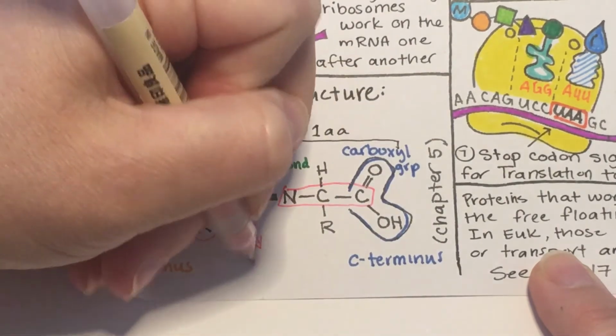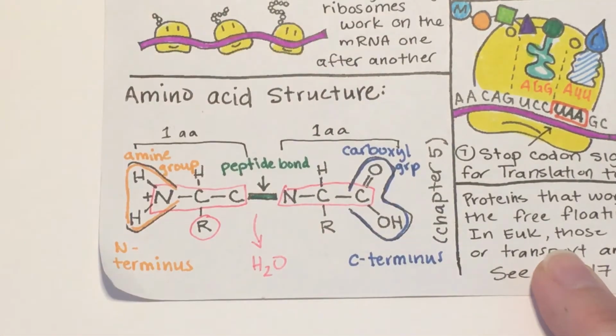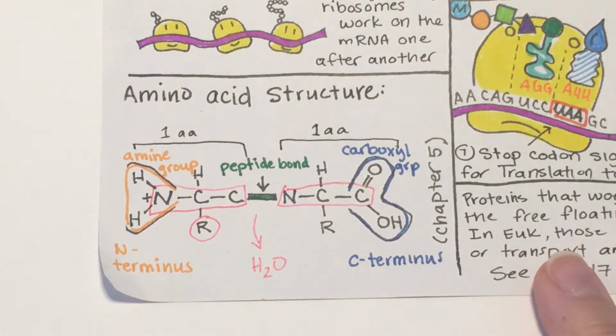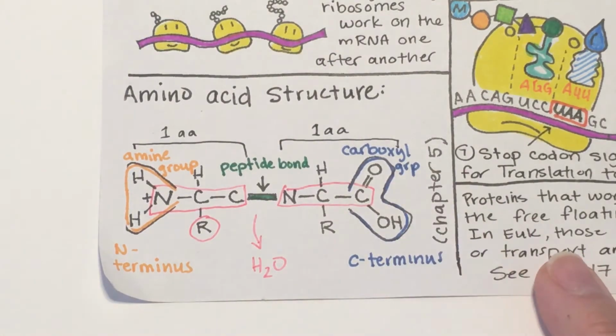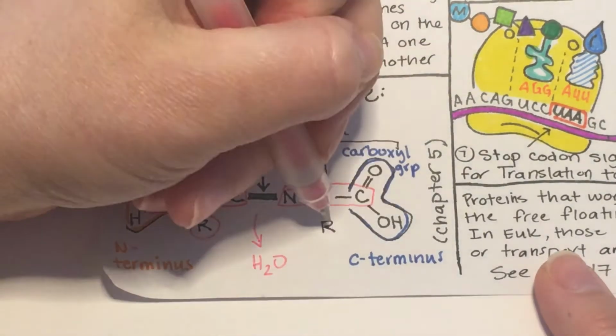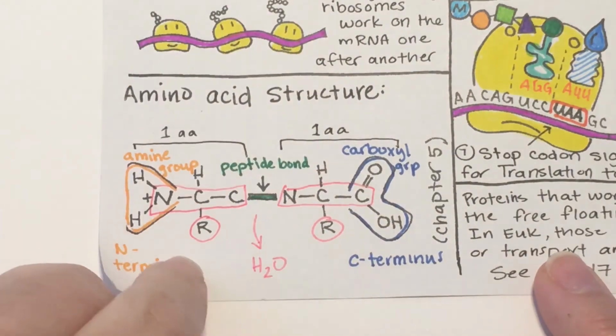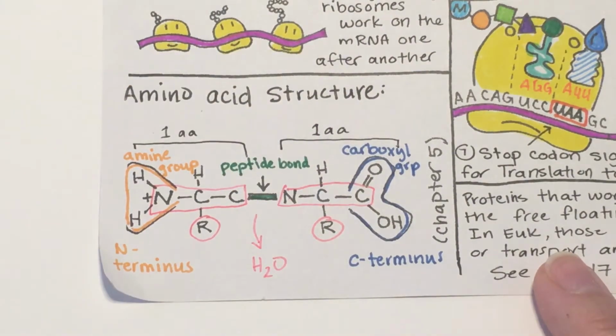And you would be losing water in the process, because that's a dehydration synthesis reaction. This is all back in chapter 5, early in our biochemistry unit. You've probably got this in your notes. Now is a good time to review the basic structure of amino acids. I won't go into too much the different properties of these R groups, but I am going to review protein